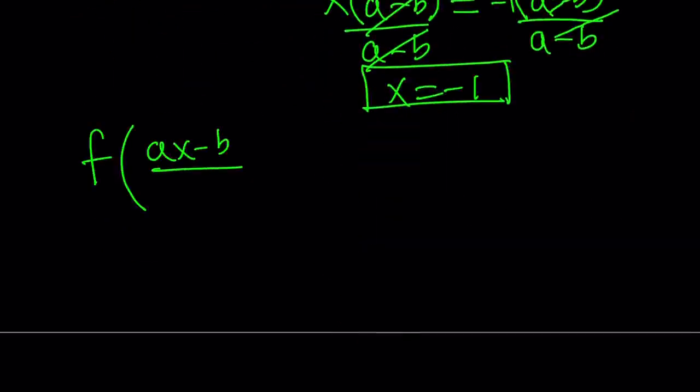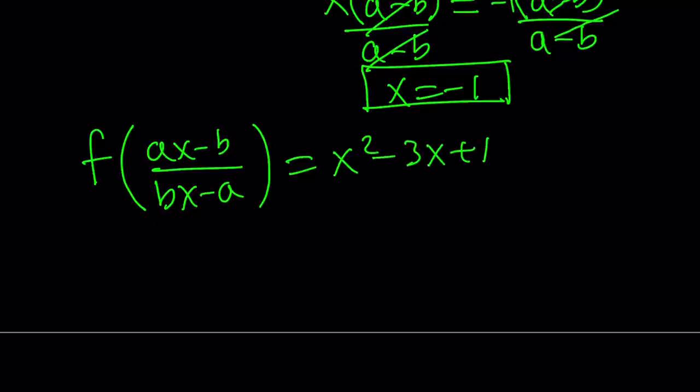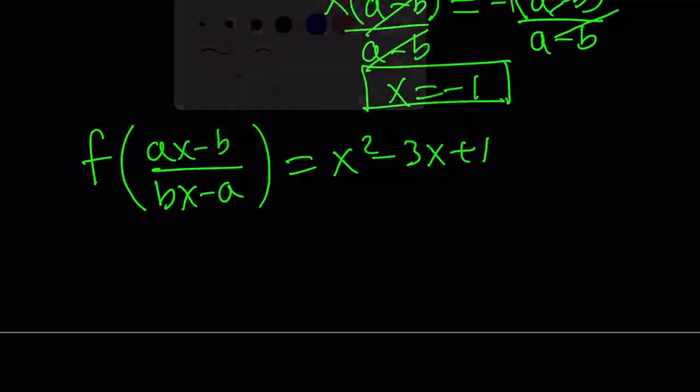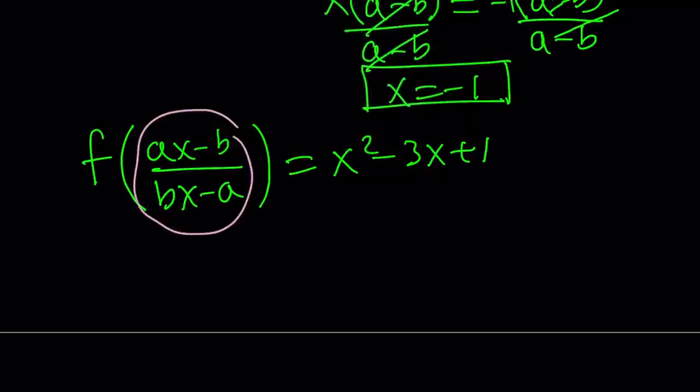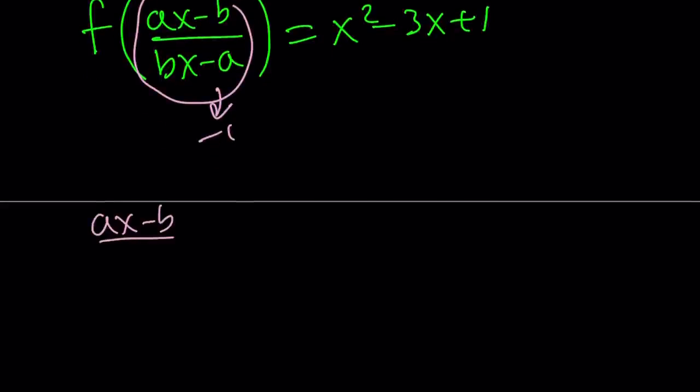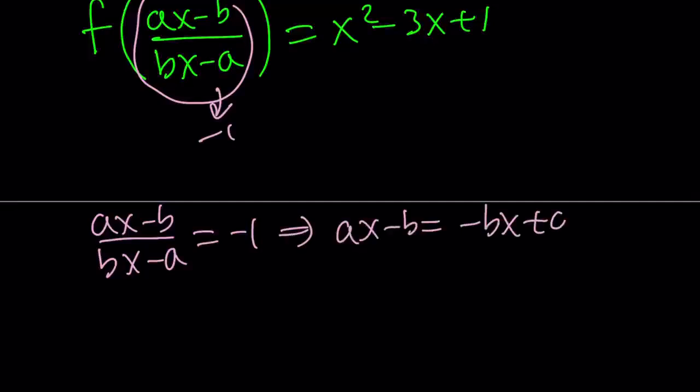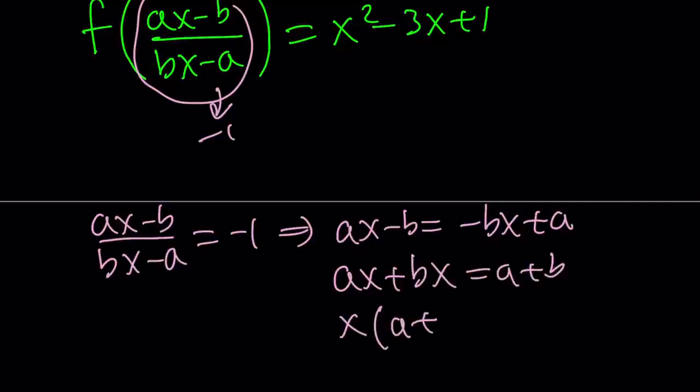the same way. So we have this equation again, and we're trying to find f of negative 1. To set this equal to negative 1 means this whole thing is equal to negative 1. Let's set up an equation for that. (ax minus b) divided by (bx minus a) is equal to negative 1. Cross multiply: ax minus b is equal to negative bx plus a. And then from here we get ax plus bx equals a plus b. And clearly from here x is going to be positive 1 as long as a plus b does not equal